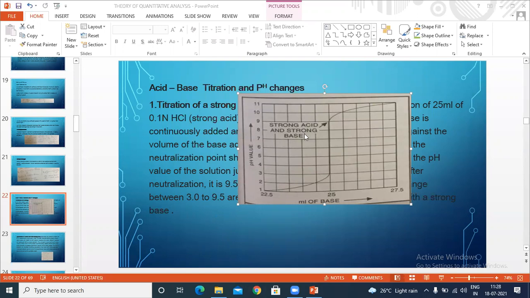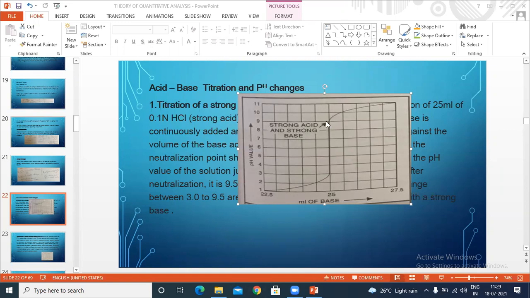There is a gradual change in the pH value, a straight change only. In that change of pH value, both the strong acid and the strong base are reacting, and the neutralization reaction takes place continuously. From here it starts and ends here. So that is the range of pH for a strong acid versus a strong base.